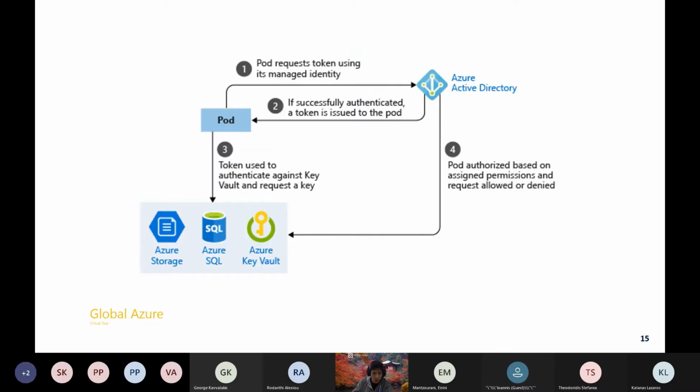Okay, a simpler schema, this one taken from the Azure documentation, displays that with an abstraction for all of the NMI and MIC. We have a pod which is requesting access to its identity, and so it's talking, not directly but with all the other objects that we mentioned, with Azure AD.